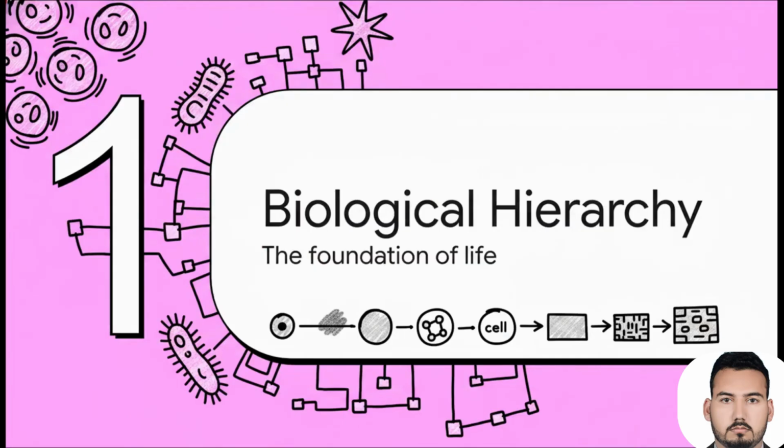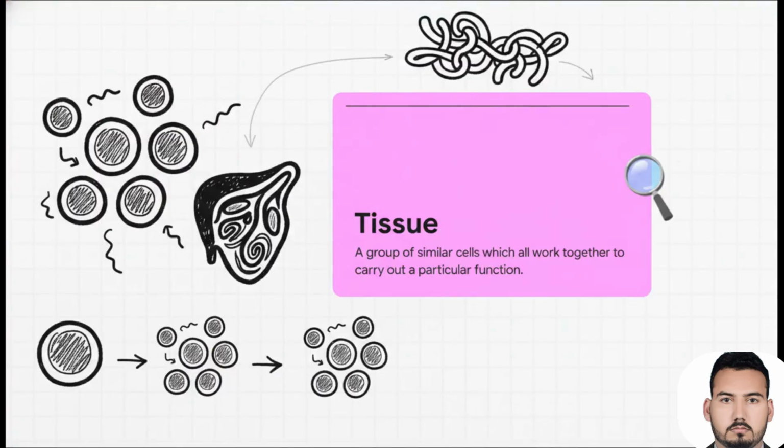All right, Section 1, the biological hierarchy. Let's dive right into this. Okay, so to understand how complex living things actually operate, we've got to start really small, like microscopic small. And this right here, this is the absolutely crucial building block for everything else we're going to talk about today,